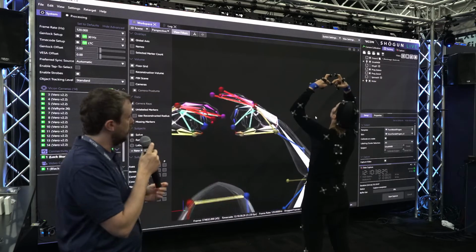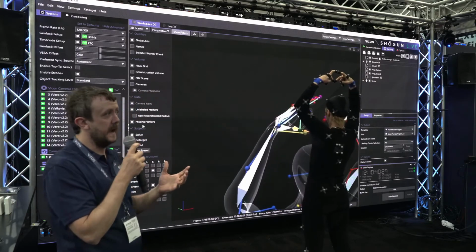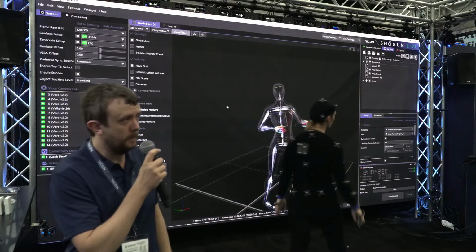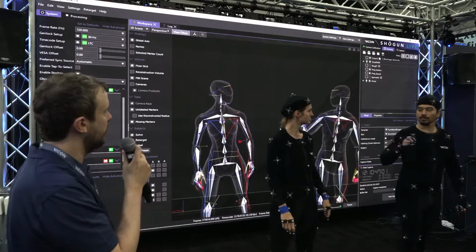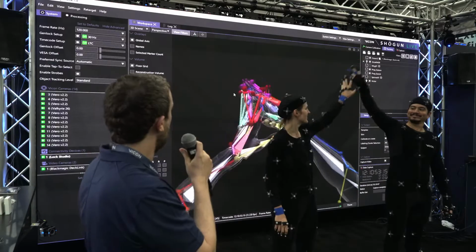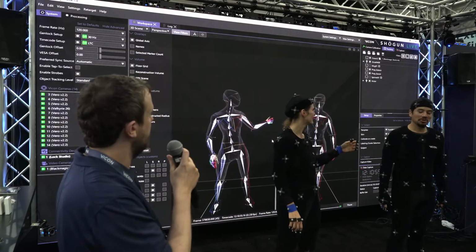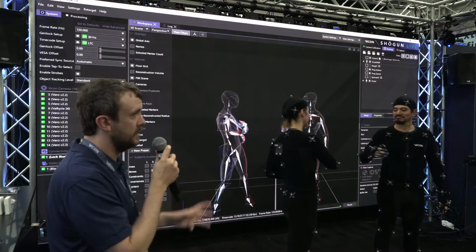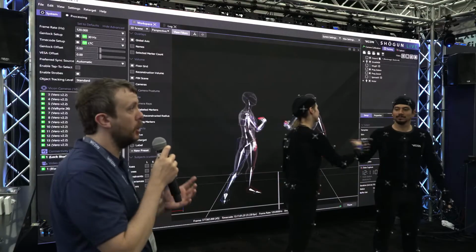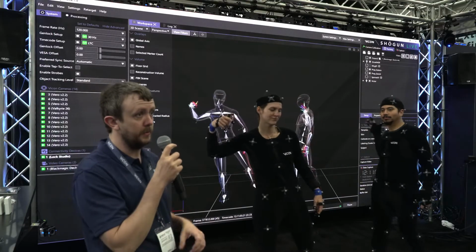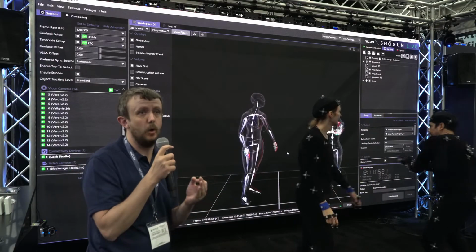And what we can also do is combine that with secondary actors. So if Victor could please come back in the scene. So here's one we made earlier. We created a skeleton for Victor earlier, and what we have here is 2 actors completely calibrated. They can interact with the fingers, they can interact with props, and within 5 minutes we have everything we need to not only capture a decent take that we can preview in real time, but we have high quality data,